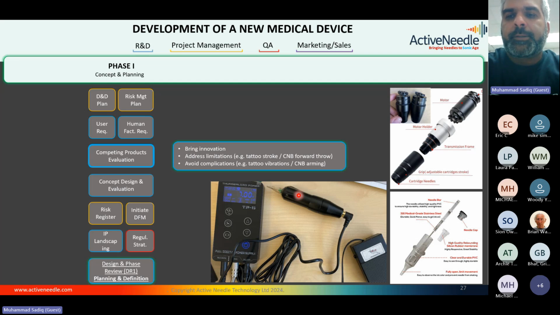For example, in tattoo application, there's what we call stroke settings. Normally devices come with a fixed stroke, 3.5 or 4. It just basically means how hard the needle hits the skin. It varies from application to application actually, but if the tattoo artist has a device that has a 3 millimeter stroke, for example, then they have to use 4 millimeter. They will actually have to,